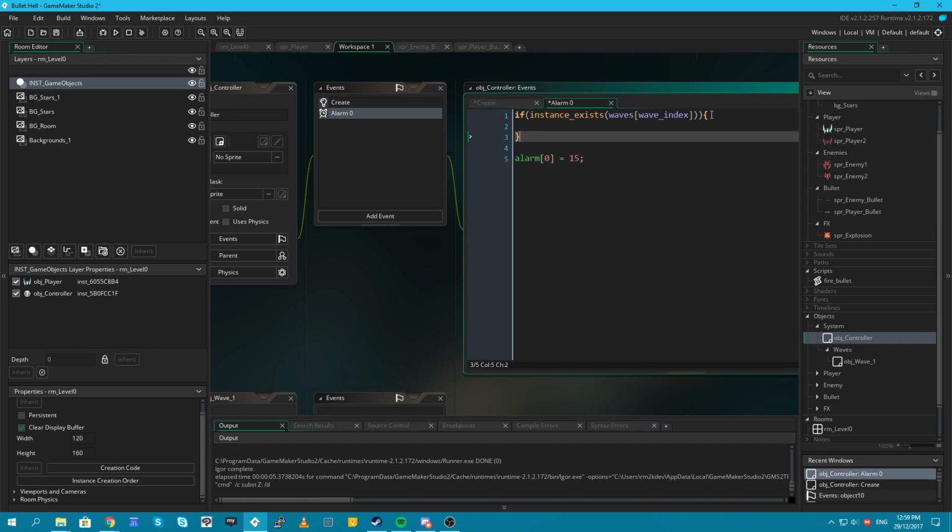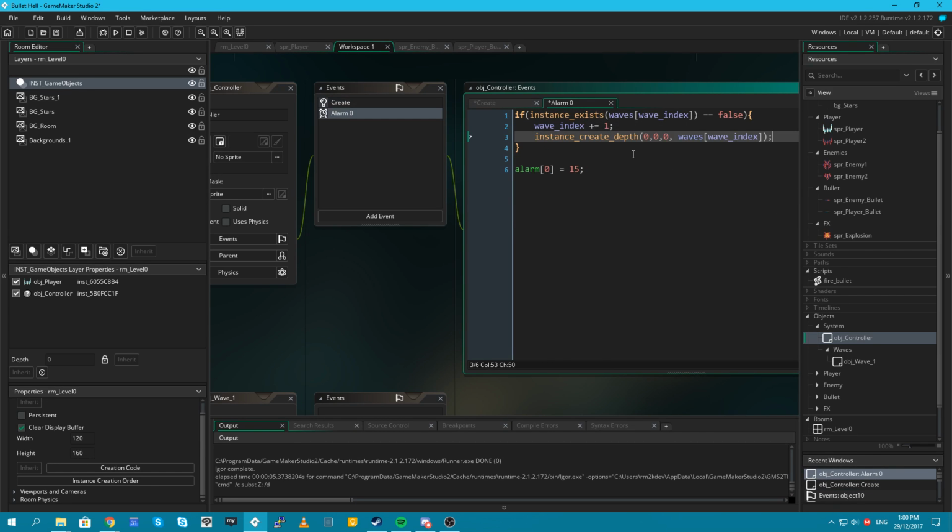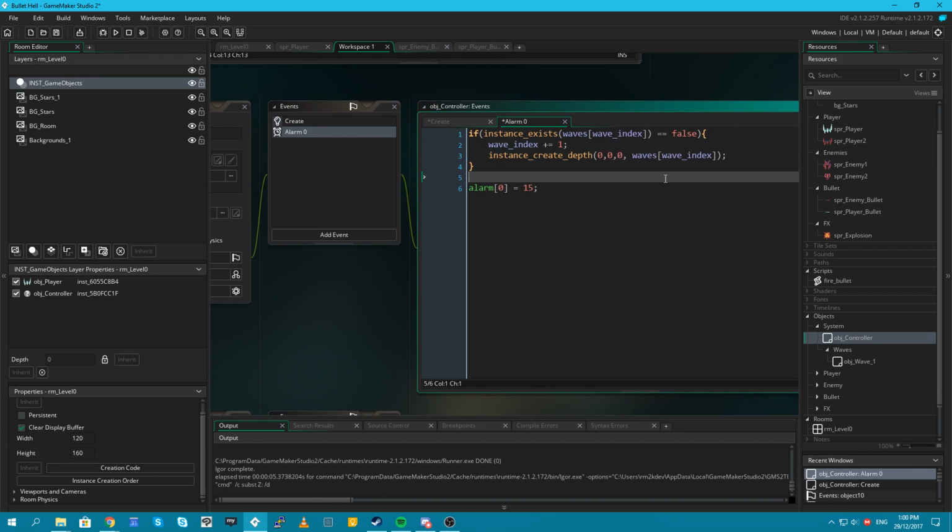Then if that doesn't exist, so if not instance exists, let's make this more obvious by putting equals false. So if it doesn't exist, wave index plus equals 1, and then we create the new wave on the screen. Create new wave. So now we've added a new wave to the game.